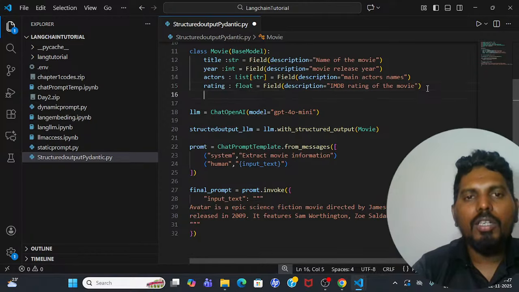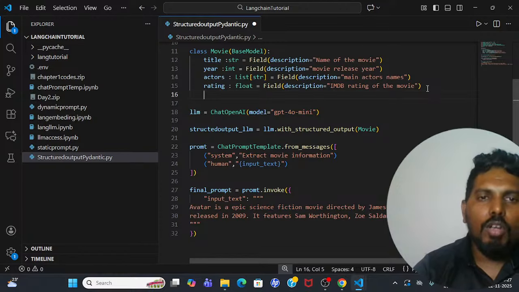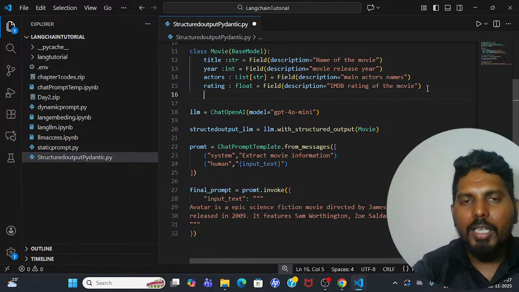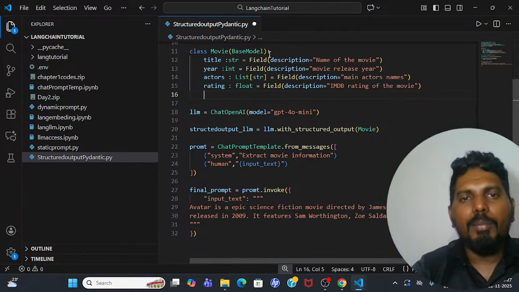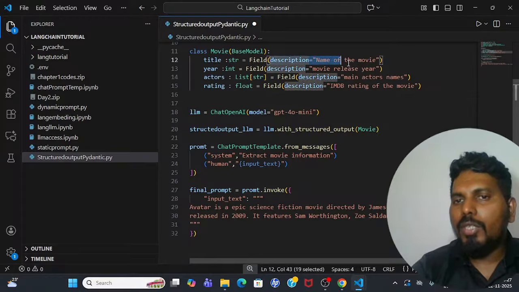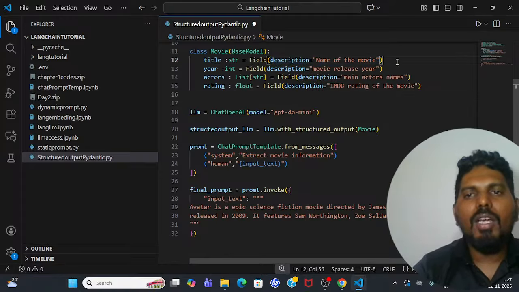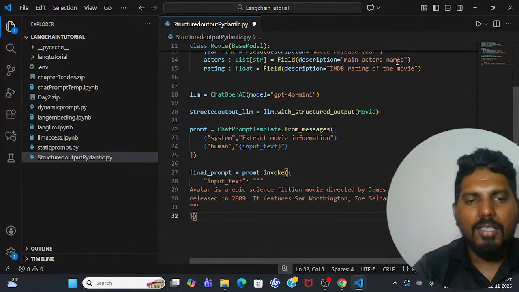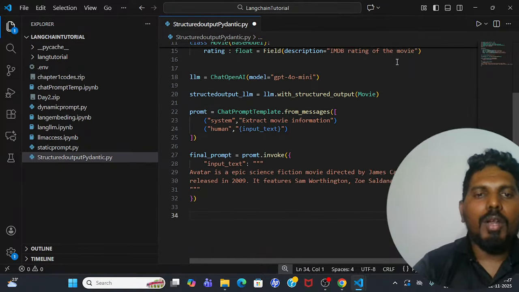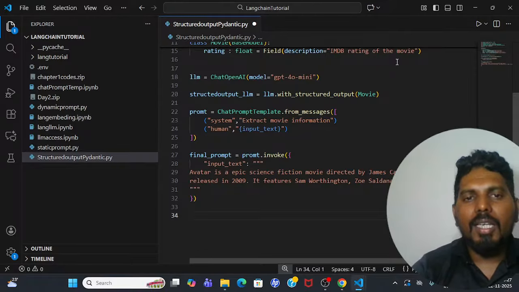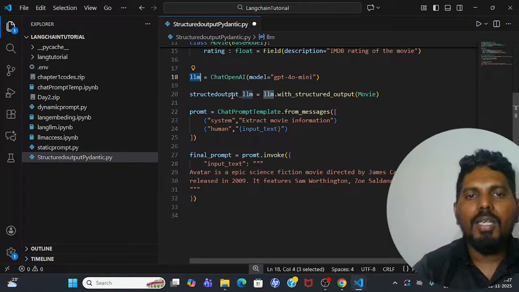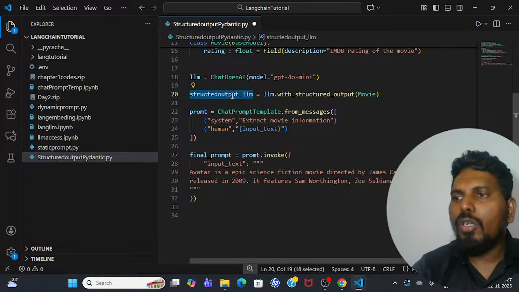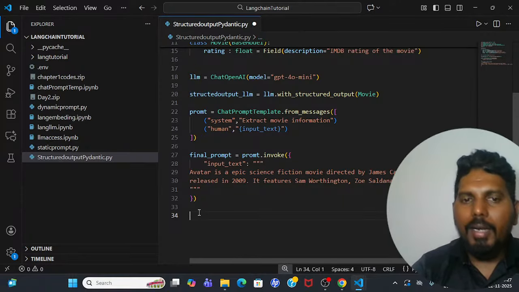In case you want it, you can add one more key saying director over here, keep the data type as a string, and then in the description you can give director of the movie, right? I hope it is clear. Once this is done, our prompt is done, our LLM is also done. This time it is not a plain LLM, it is going to be structured output underscore LLM. Now let's